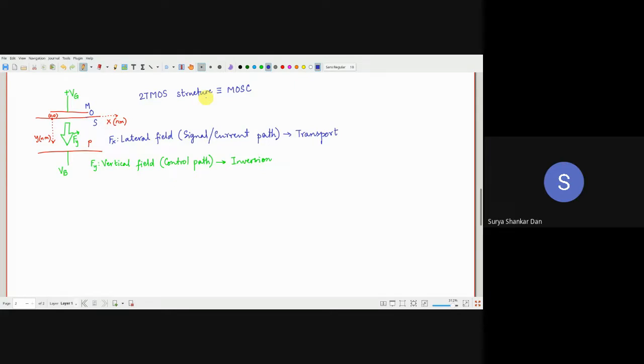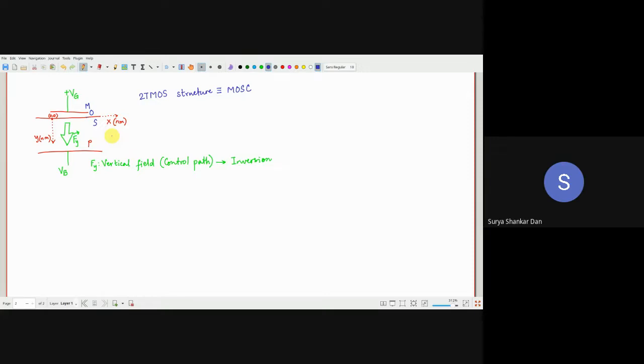So here, typically in case of a diode, you have seen diode is a two terminal device, resistance is a two terminal device, capacitor is a two terminal device. So any passive device is also going to be always having a minimum of two terminals, right? So this is also a two terminal device, this is the minimum. And then we are going to see the characteristics, what happens if we apply the voltages and all that. Then we will study only the vertical field and inversion. This Fx part is totally gone. We are not going to bother about that Fx as of now. No lateral field in the system.